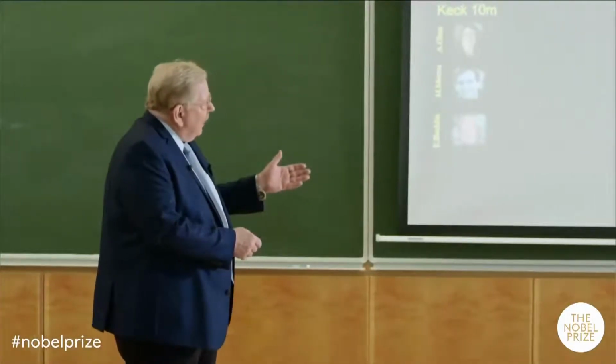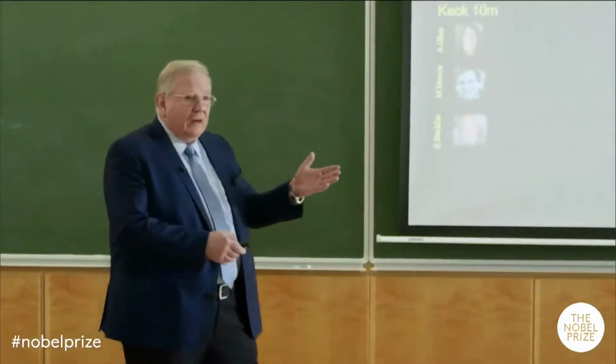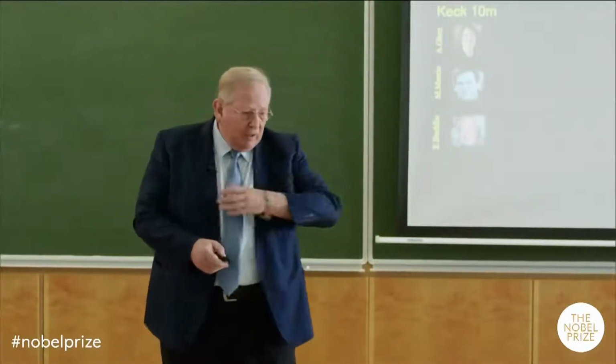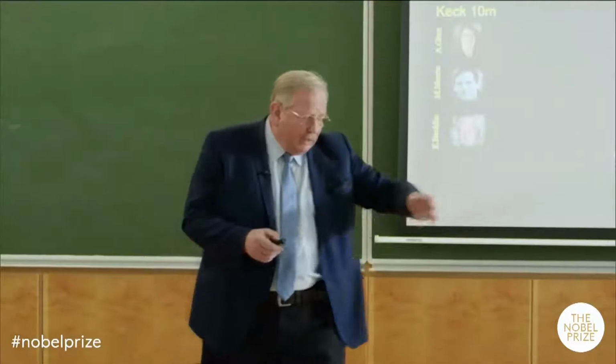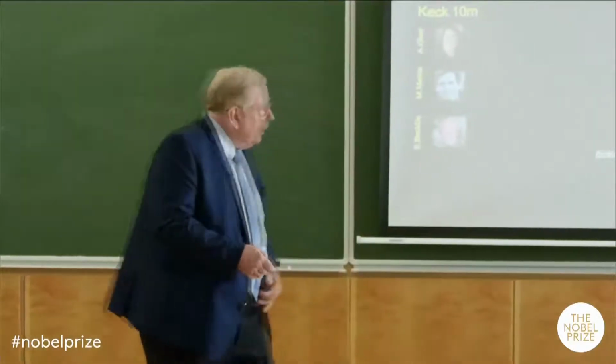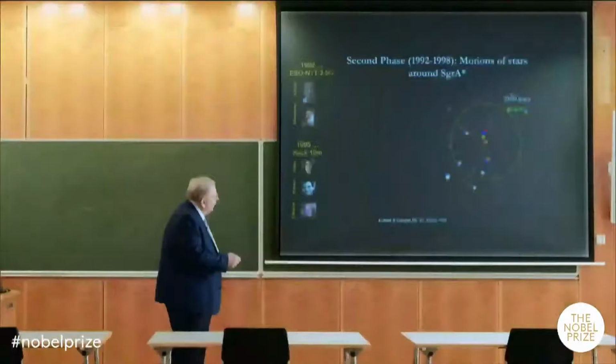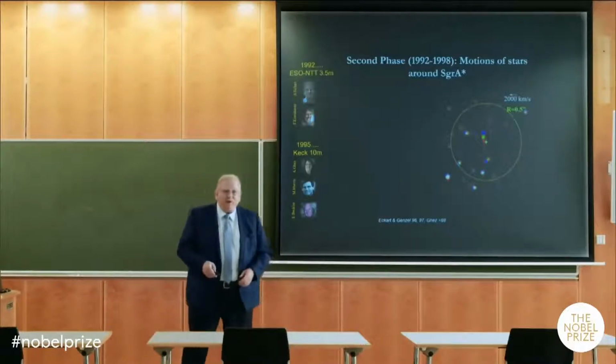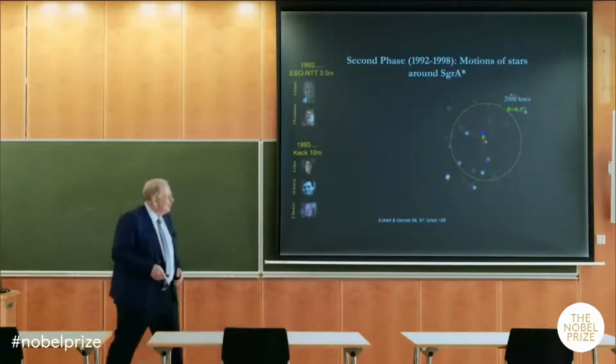And is it a point mass? Well, Kepler's laws tell you that if you have a central mass and objects are moving around it, the further away you are, the slower. And indeed, when you look here, the innermost stars move obviously very fast, while the other ones here do not show this prism effect. So that's Kepler's laws in color, so to speak.